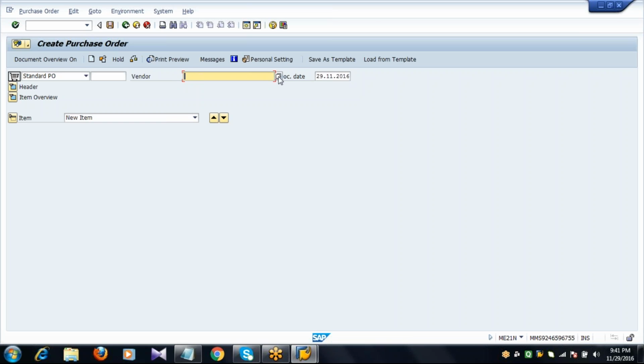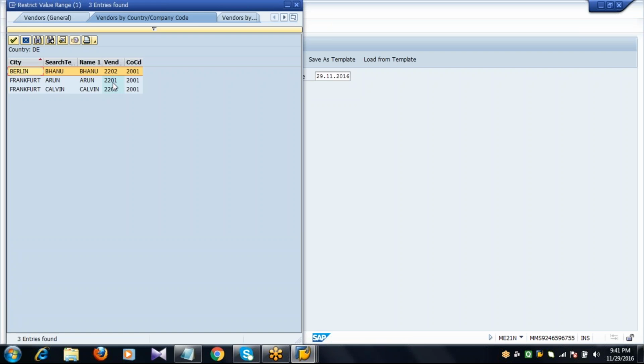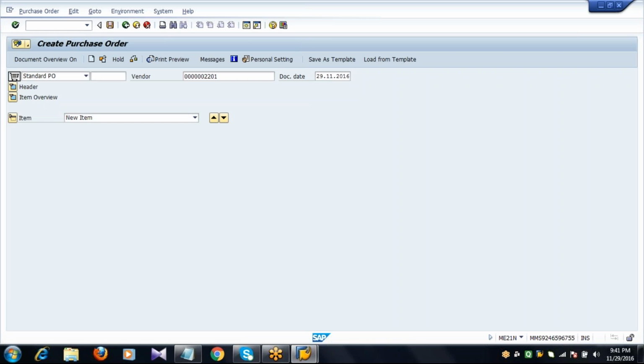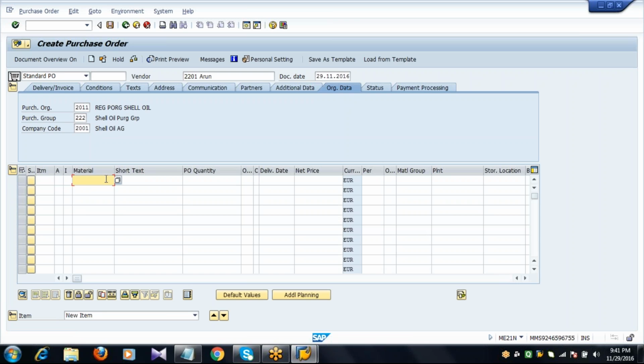So here I'll enter the vendor, quantity, net price, plant and so on.